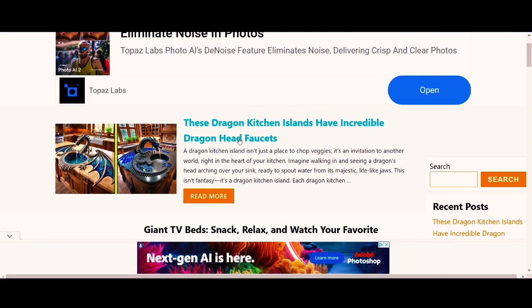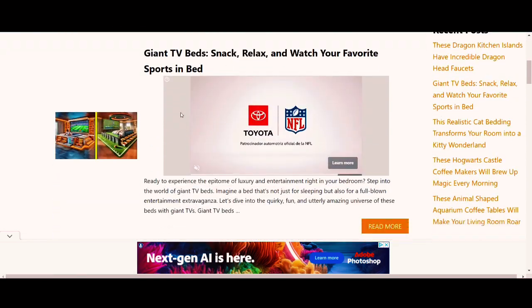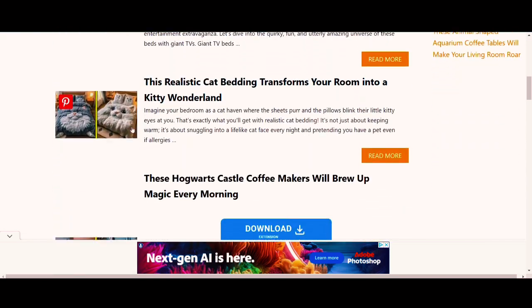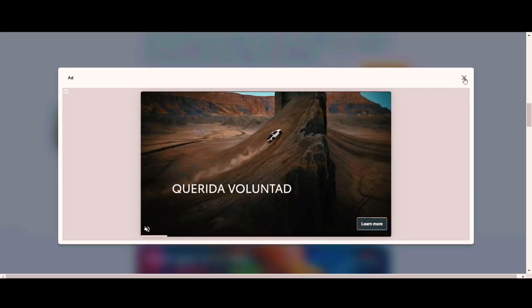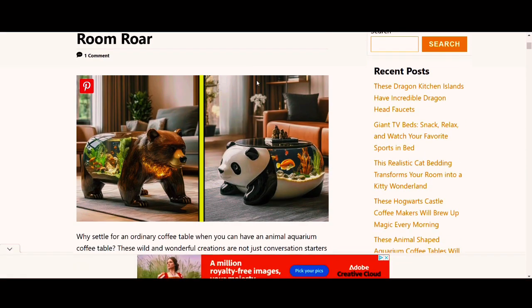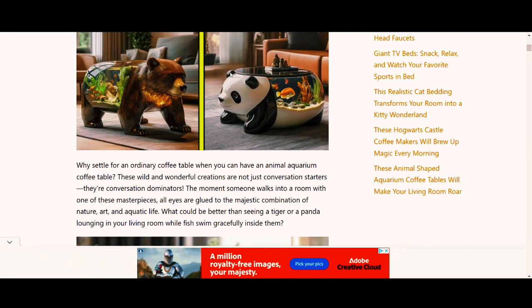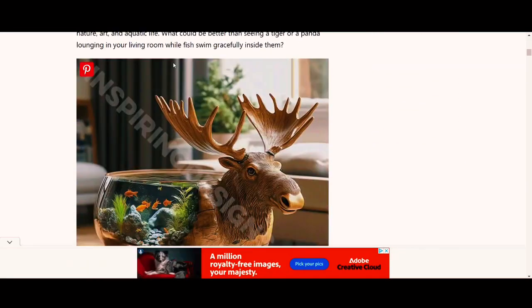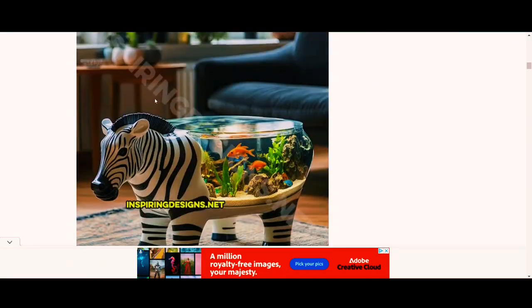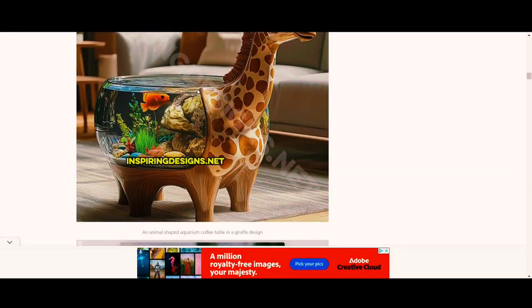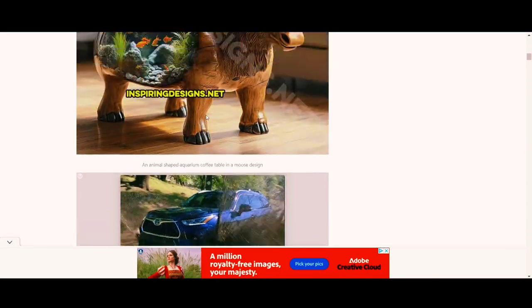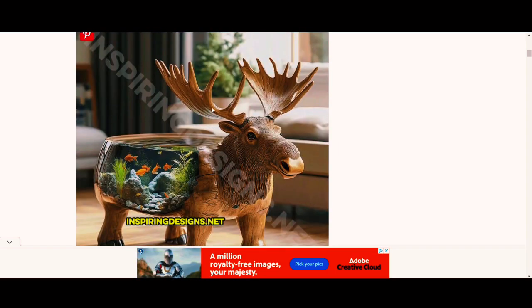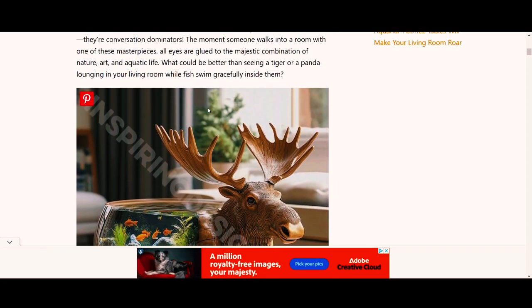A better way to do it is that you could create these same types of articles talking about these products. If I were to click into one of these articles, again, they're just forcing me to watch ads, which is good. They're making money for that. But again, they're basically writing articles about these imaginary products. What you would want to do is write these same types of articles, but about real products that you can actually sell and earn real money from selling them.